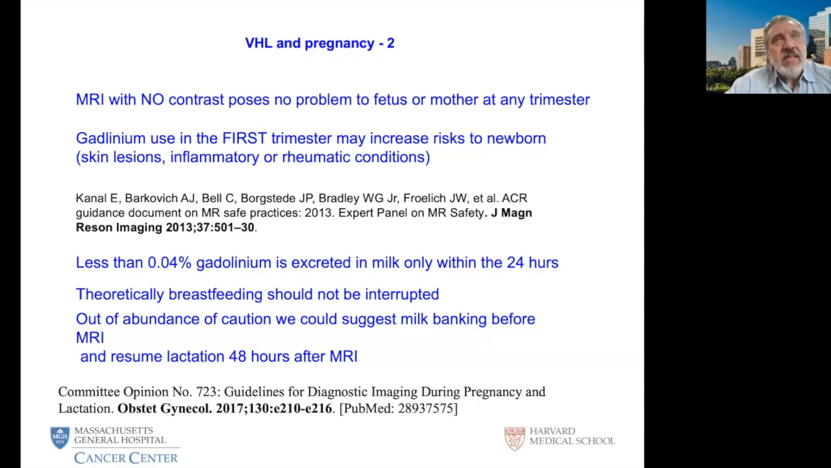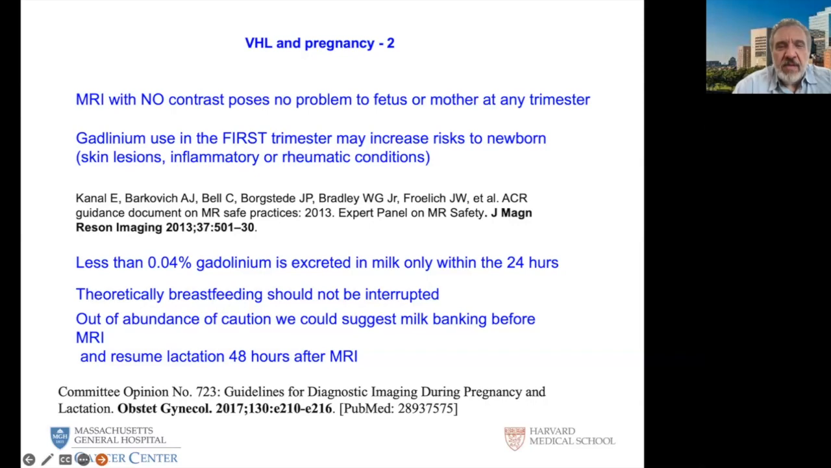After pregnancy, it is safe to breastfeed and have the MRIs. There is minimal gadolinium excreted in the milk, and minimal amounts can be absorbed by the baby. And not to be paranoid, but to palliate everybody's feelings, mothers who want to, can bank breast milk for 24 hours, then have the MRI, and then 24 to 48 hours later start breastfeeding again without any problem. So my message is MRI is a very benign, patient-friendly exam, and this is where we should actually put our